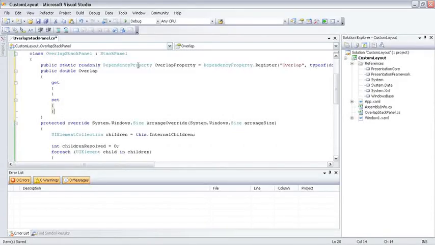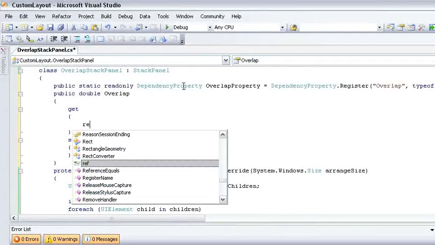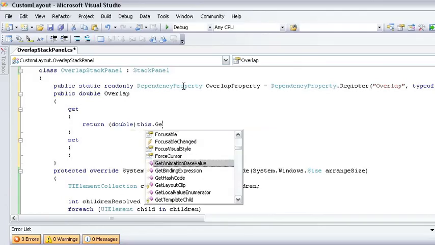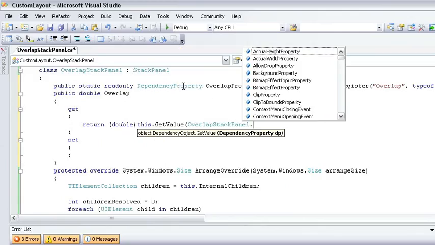We saw this same structure before. I'm creating a field called overlap of type double, and this is the code that I want to run anytime we get the value, and below it is the code we want to run every time we set the value. So first I'm going to get, and on a get I'm going to return as a double this.GetValue OverlapStackPanel